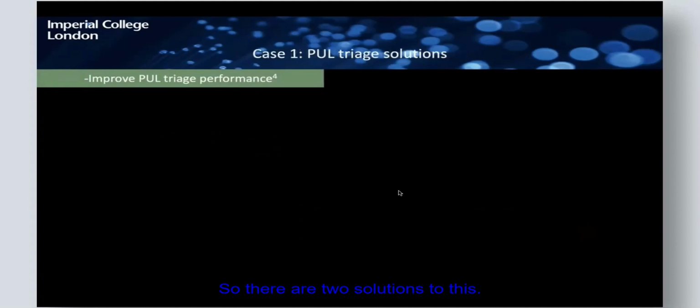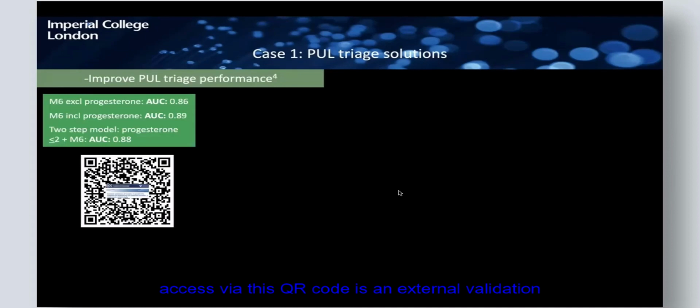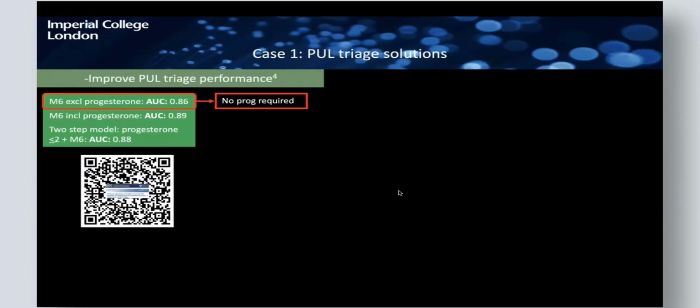So there are 2 solutions to this. The first is to improve triage performance. Access via this QR code is an external validation of PUL triage models, where the M6 model was shown to have superior performance. It works well without progesterone, so when only 0-hour and 48-hour HCG levels are available, and it outperforms any other protocols, including the HCG ratio. And we actually